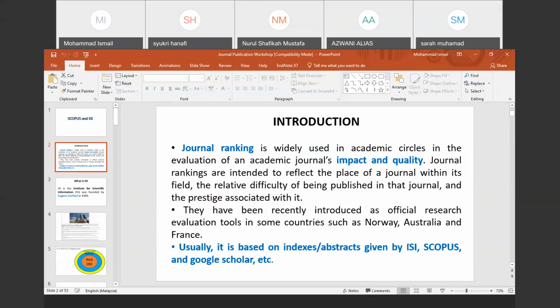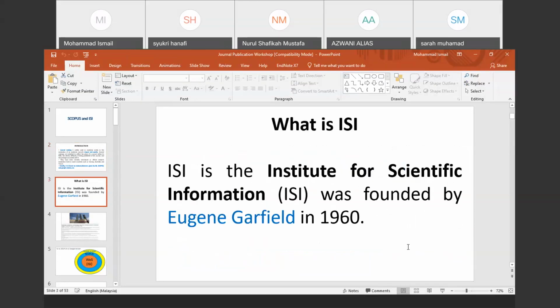Never mind. Today I would like to explain a little bit about the difference between Web of Science, Scopus, and Google Scholar. ISI is the Institute for Scientific Information, founded by Eugene Garfield in 1960. The impact factor is controlled by ISI, not Web of Science. As I mentioned before, we refer to a paper as ISI if it has an impact factor. If the journal has no impact factor, we cannot say it is ISI,